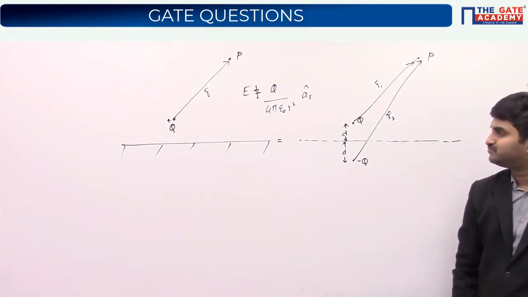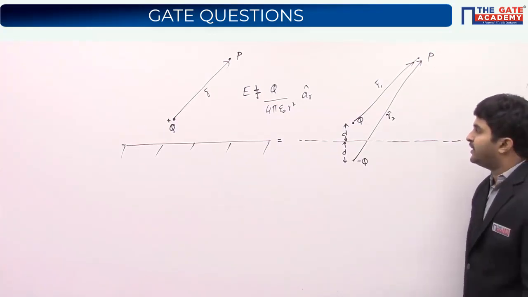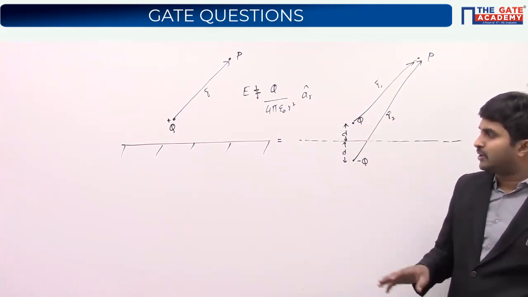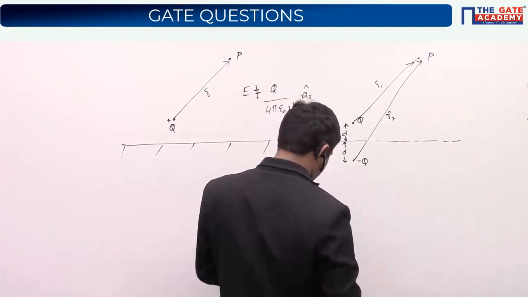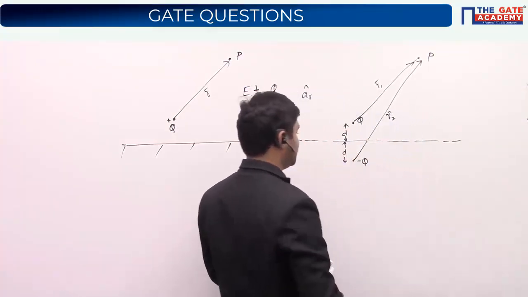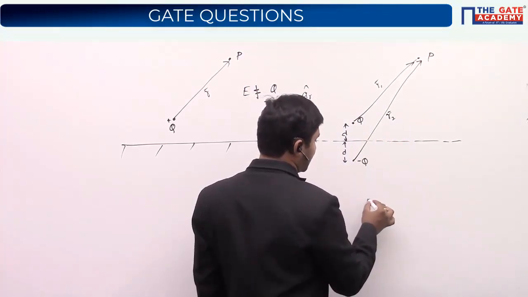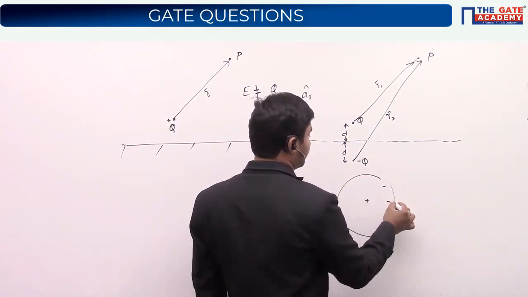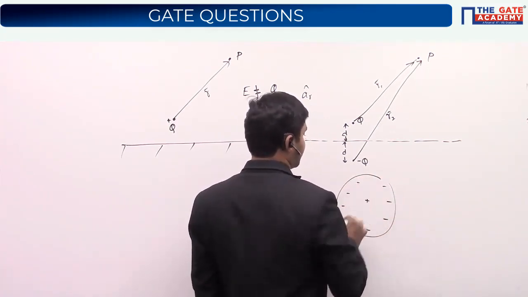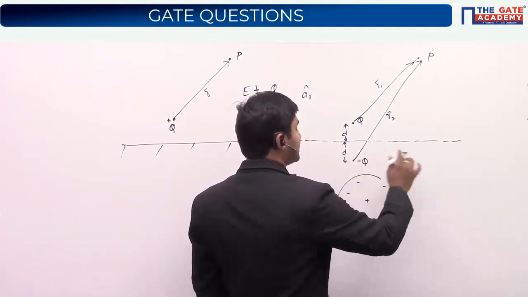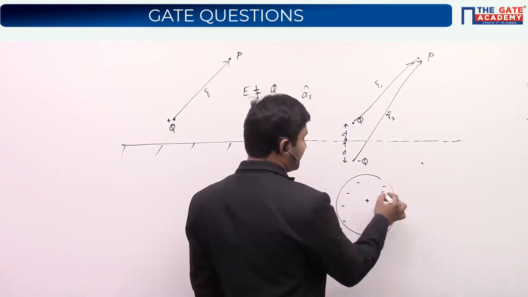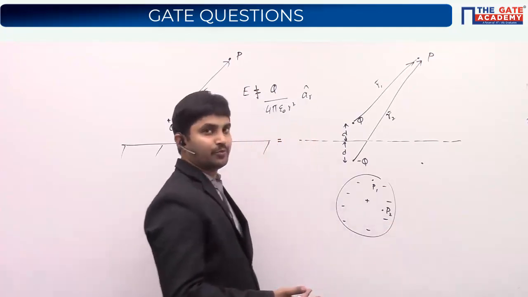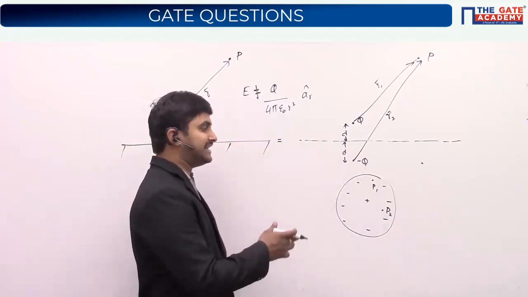Please understand one thing: there will be a field because they are not present at exactly the same point. When we discussed Gauss law and Faraday's experiment, I told you one thing very clearly, that if you have a charge present in the middle and there is a metal nearby, an equal amount of induced charge would be present. Outside this particular region, yes, it is going to be 0. But in any region present in the middle, it may not be 0. We are not compensating inside.